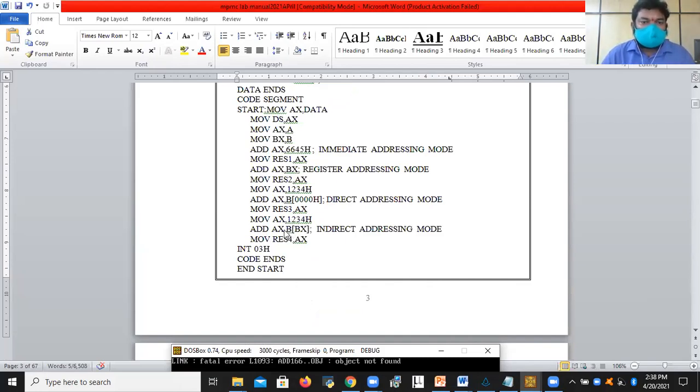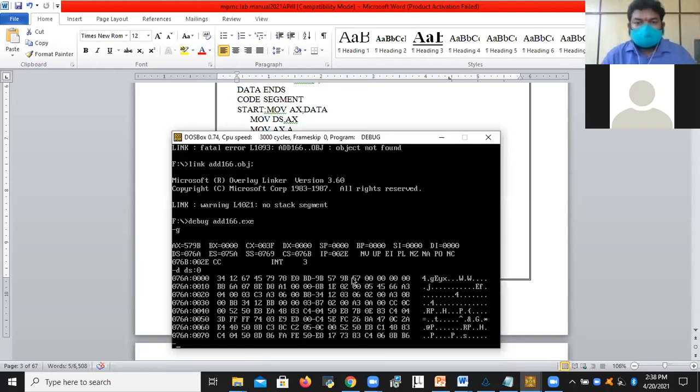So 1, 2, 3, 4 plus 4, 5, 6, 7, and the result is 579B. 579B is copied into the data segment by defining RES4. That is why it is the same number, because we are doing the same operation the second time. Once again 579B is stored in the data segment, repeated.